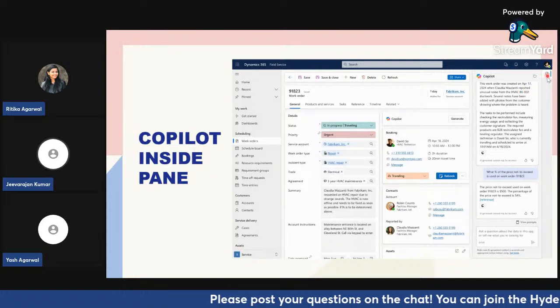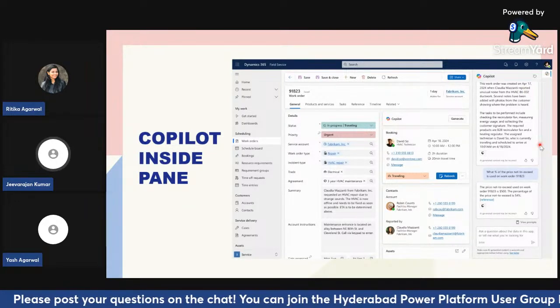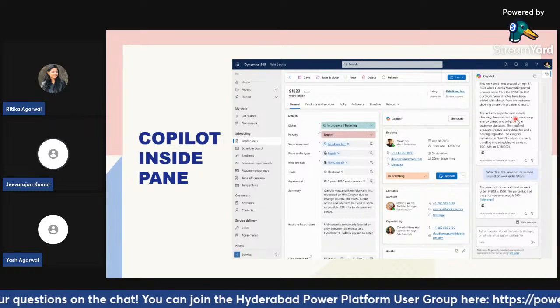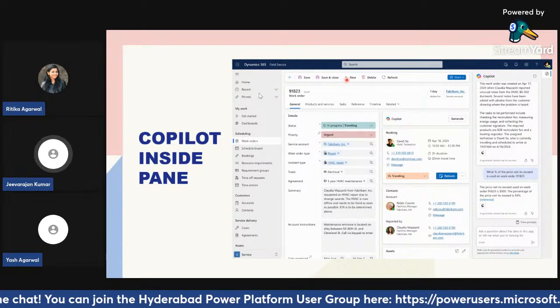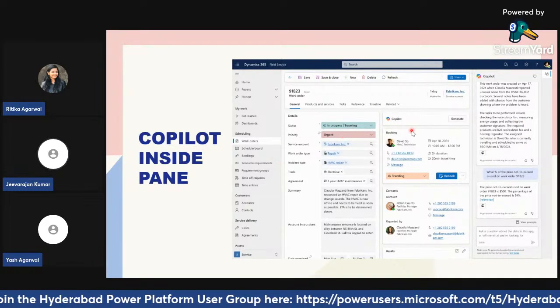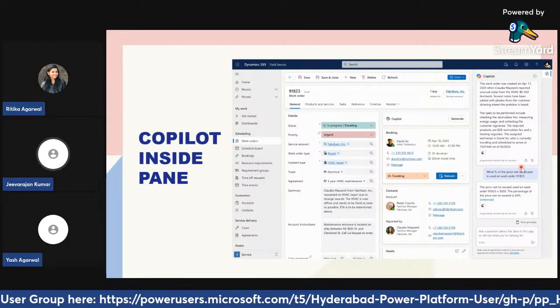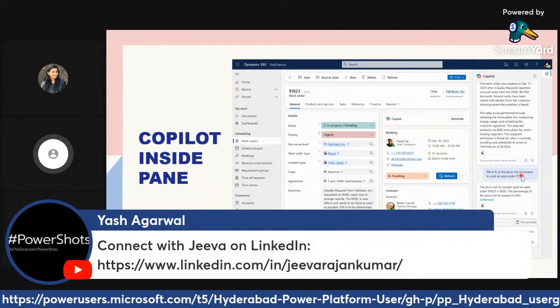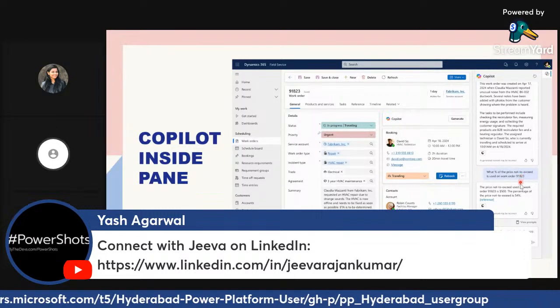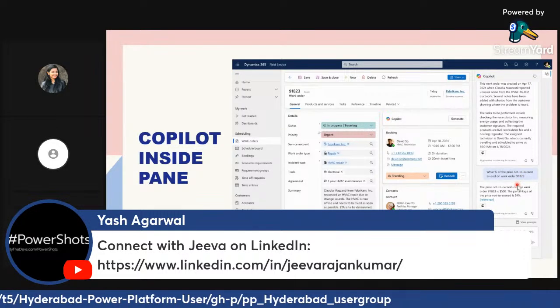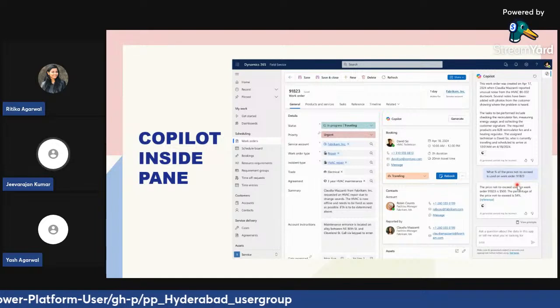It can be accessed from the sidecar here, and you can ask in natural language to summarize or ask for more information about the work order, about the business, about other customers, or in general any information, and Copilot should be able to pull that information and generate valuable insights, which can be used to drive business decisions, and that happens in a matter of seconds.